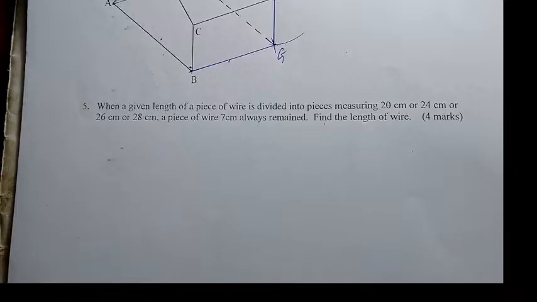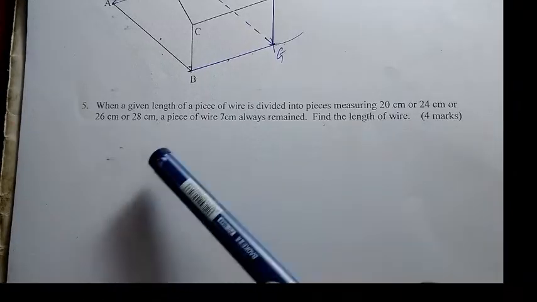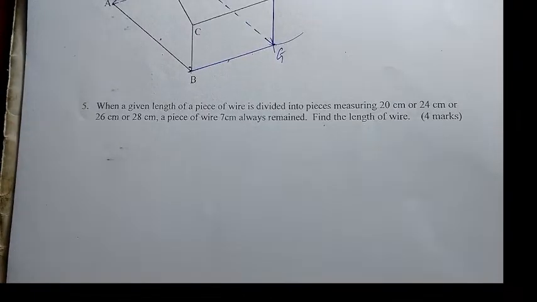When given the length of a piece of wire, find the LCM and add 7. Then